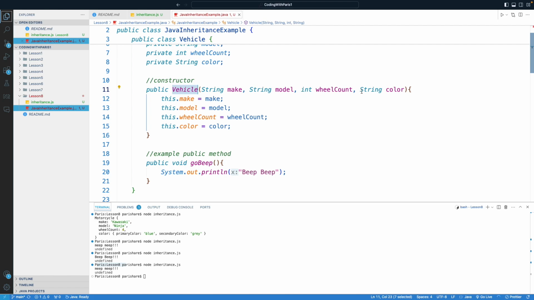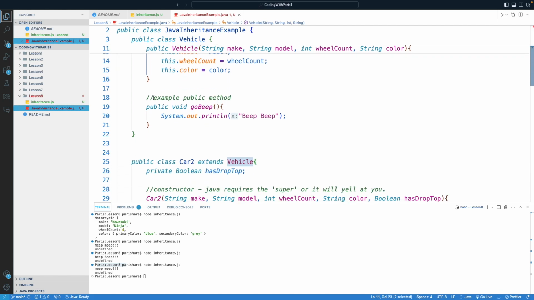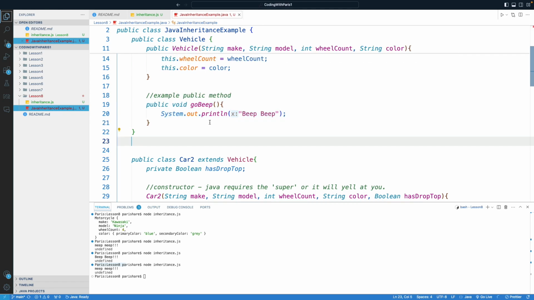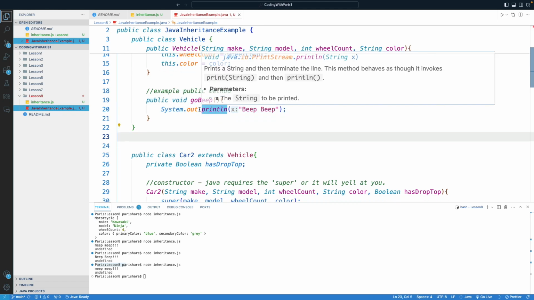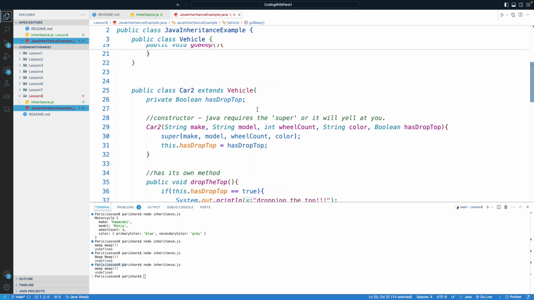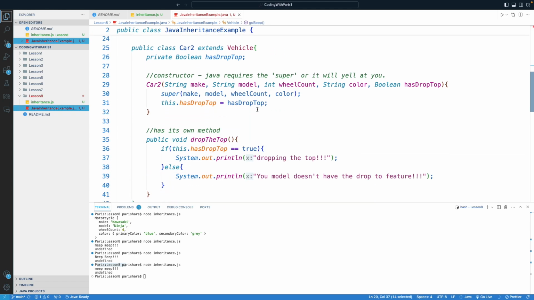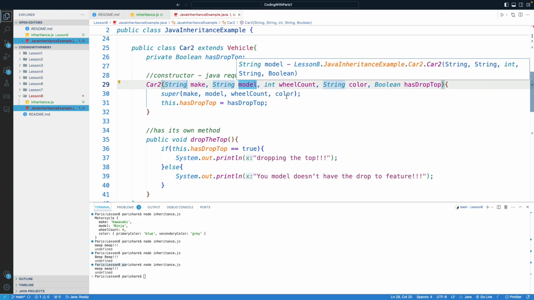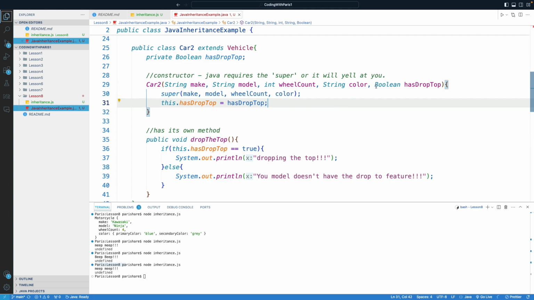Java is very explicit about the types. This Java class also has the public method goBeep, which we care about, and this is the way Java prints that out. So let's say we want to extend that class, okay? Well, what we wanted to do is similar to our car2 example. We have a private property called hasDropTop. And in the constructor, what we could do is we fill those values and we add a boolean hasDropTop and